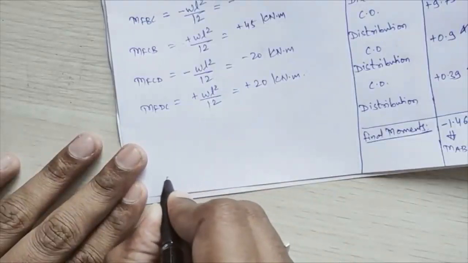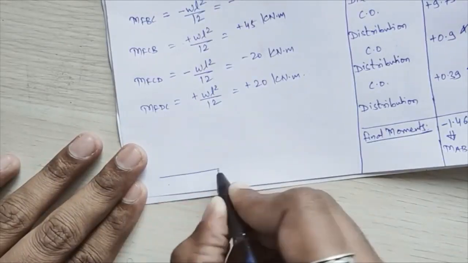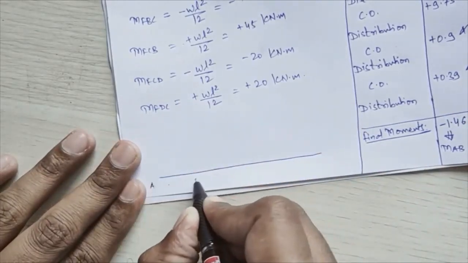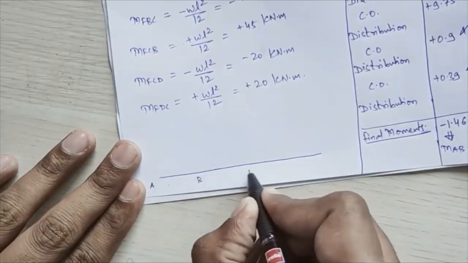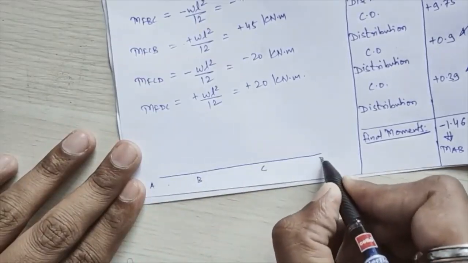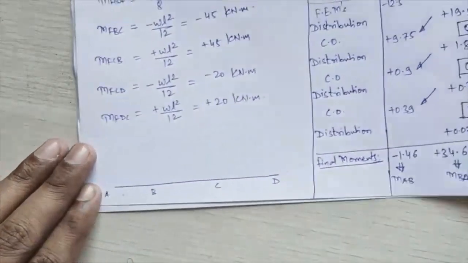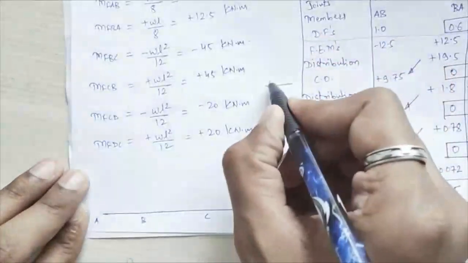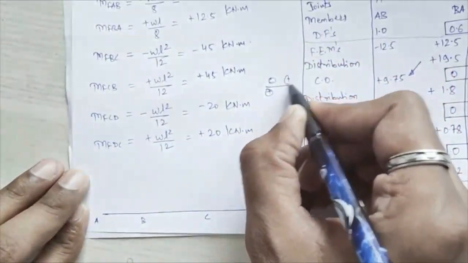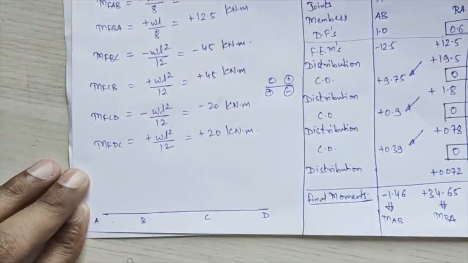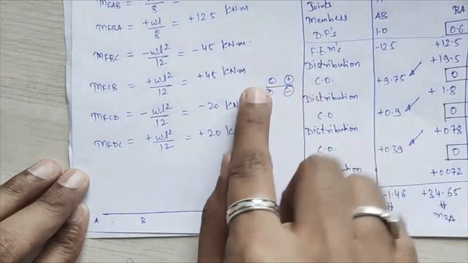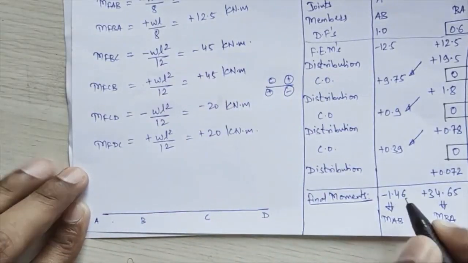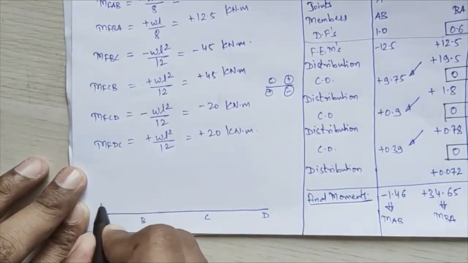Okay, A, this is my B, C, and here I am having D. Okay, so first, our sign conventions are normal ones, that is negative, positive, and negative. So first member, that is AB. So MAB I am getting as minus 1.46. Negative it is, so plot it on the upward side,